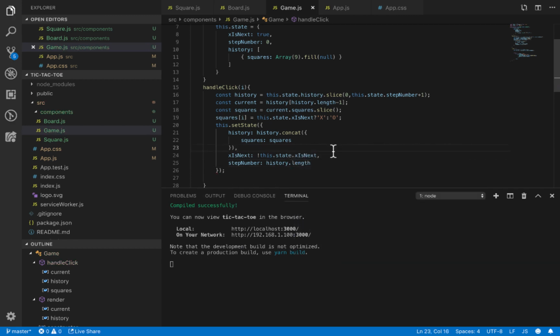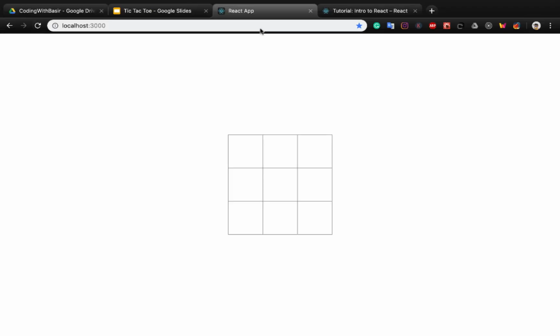That's it. Let's check the game. Here, if you click on a square, you see the first player is X and X is put inside the square. And if I click on another box, I see O, X, O, and you see the game works as expected, but we need to make progress to the game because there is no